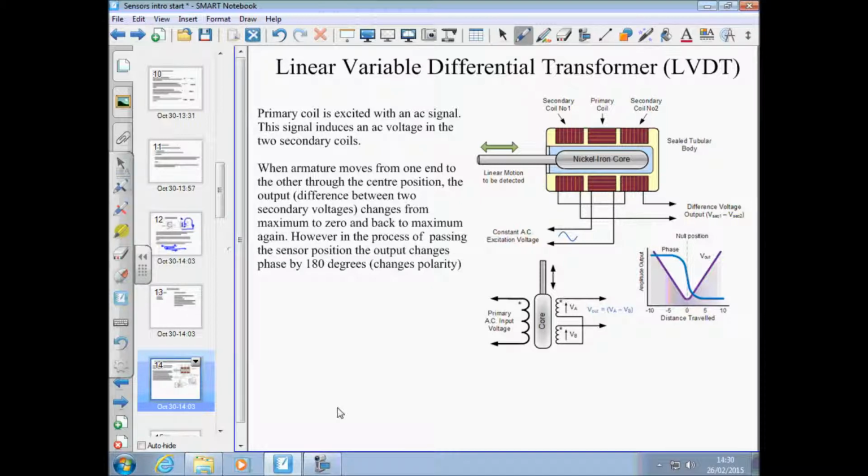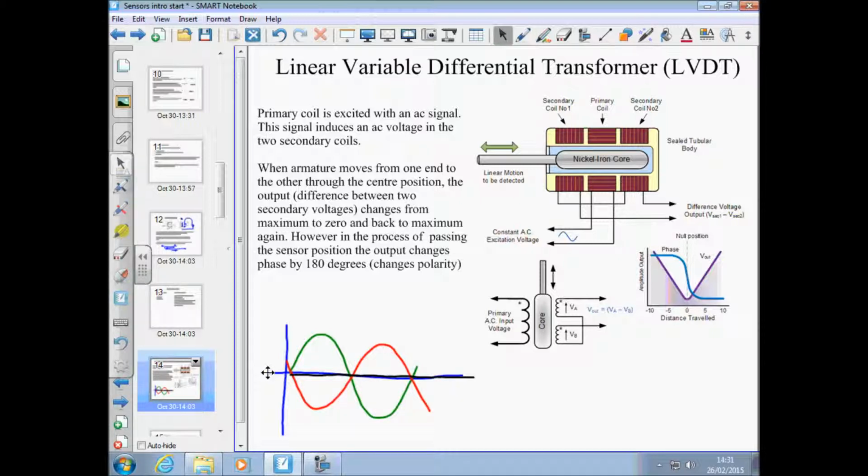So effectively, they cancel each other out, because the overall output, if we draw a graph of these 2 outputs, if this is the left-hand coil, and this is the right-hand coil, at any point, if you add those two voltages together, you get nothing. So the actual output of the system, when that's in the middle, is a flat line along there, no output at all. And then as it moves either side,